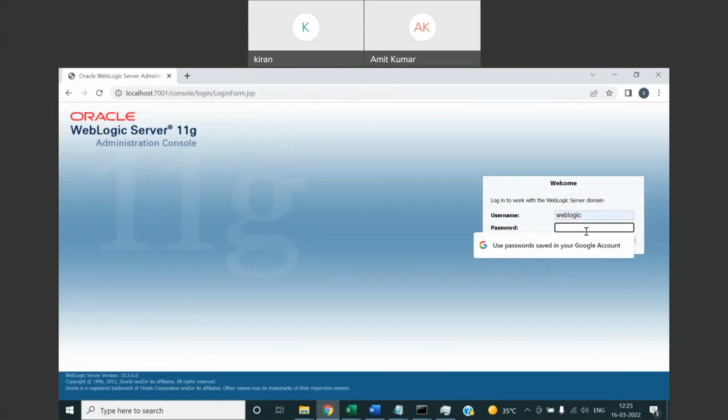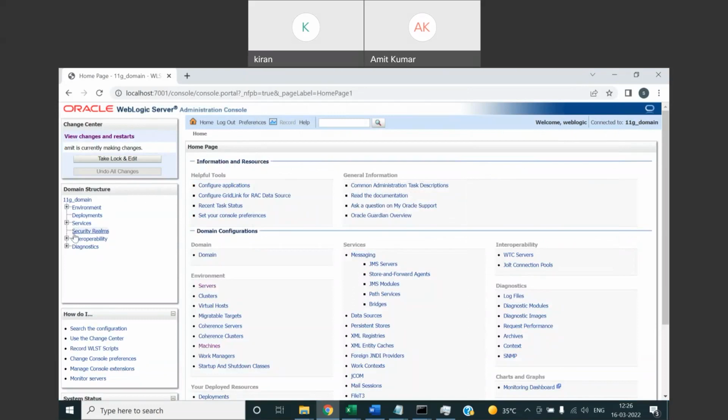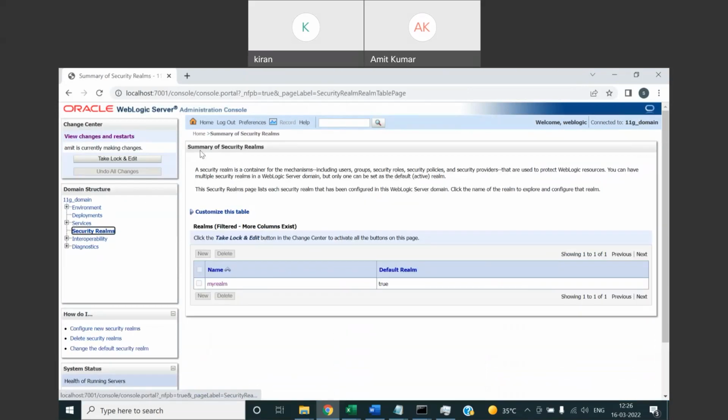If you log in with WebLogic and Amit user, Amit will get the lock, because they have each and every access. It will be easy. Here we can take the lock and edit again. Amit is currently making a change. Because you are an administrator, you can take it. Unless Amit releases the lock, we will get this message. Once Amit releases the lock, it will show that you can take the lock